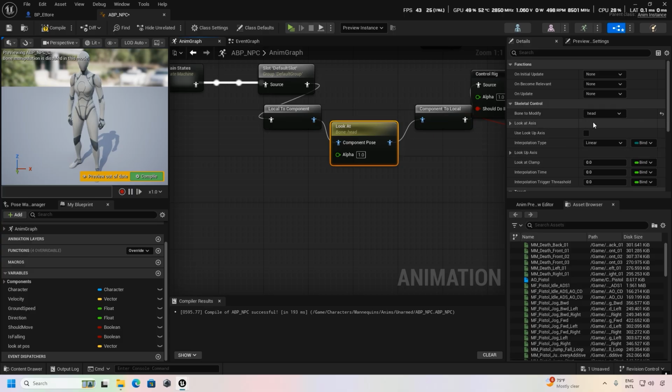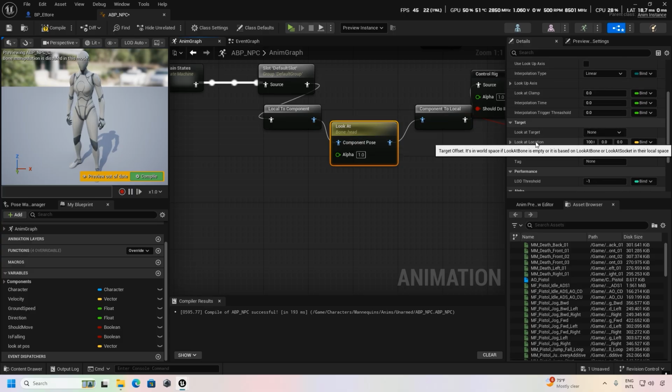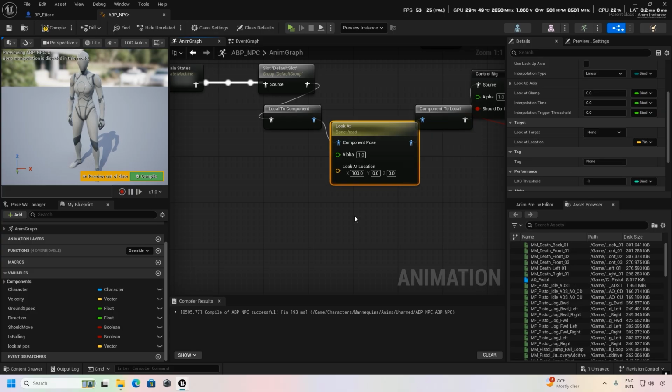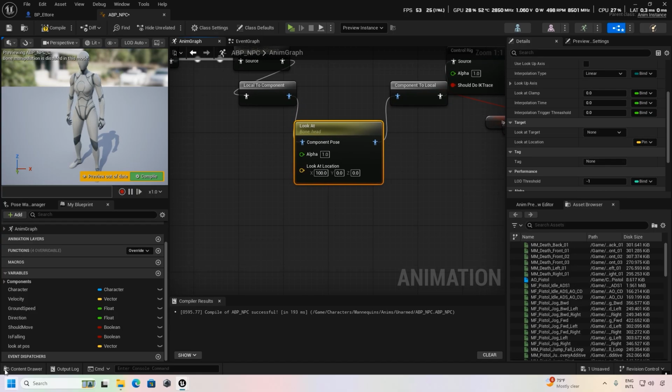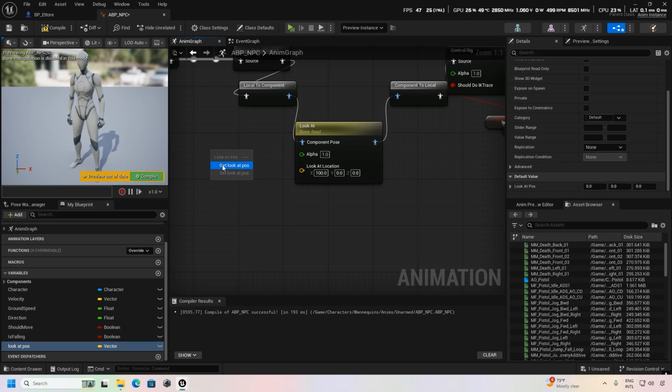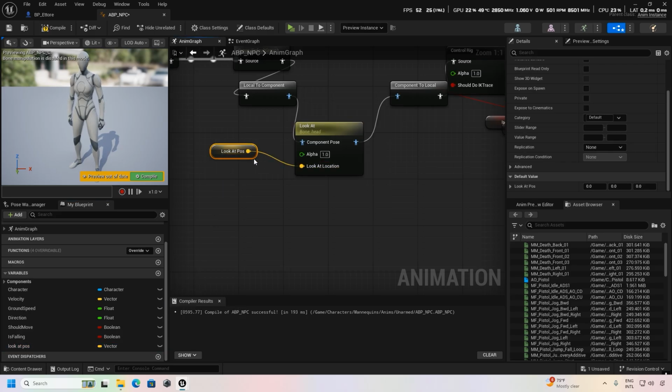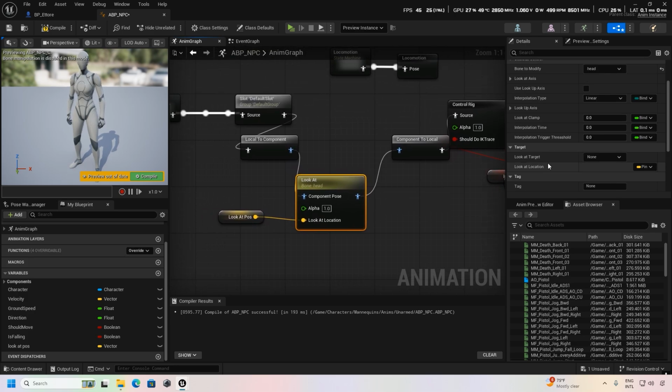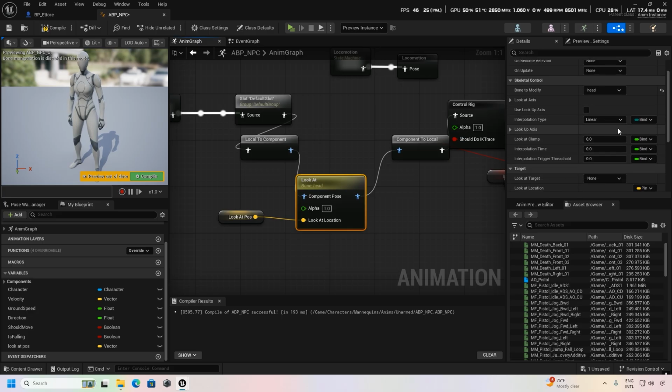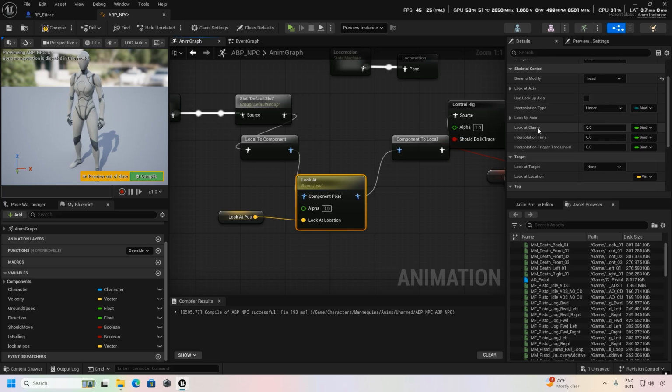Okay, and here is also the Look At Location function. We select it, expose as pin. Okay, and here we create a boolean. We get this boolean and select this. Okay, now we have already done our work. There is one thing we need to do. In the look axis, Look At Clamp, we make it 50 to 60, as you want. I make it 55, and this is 3.